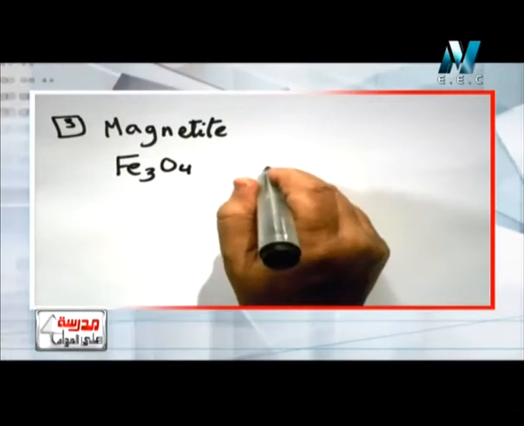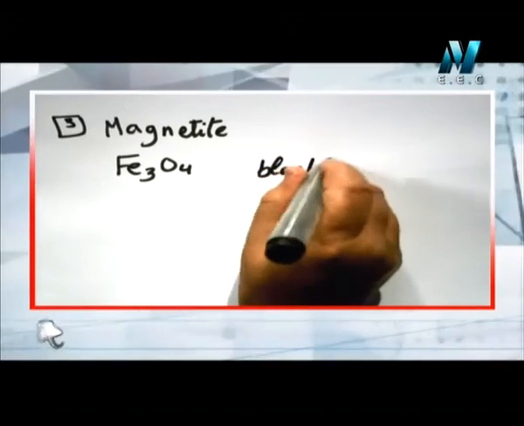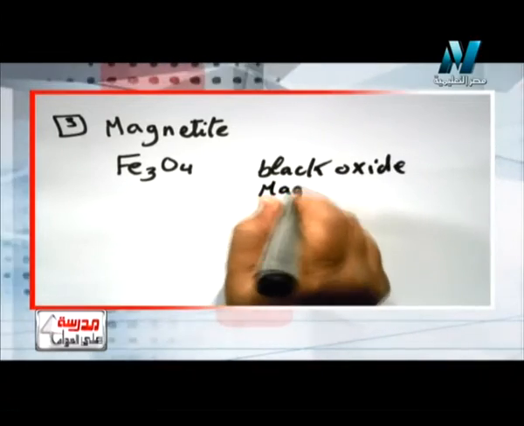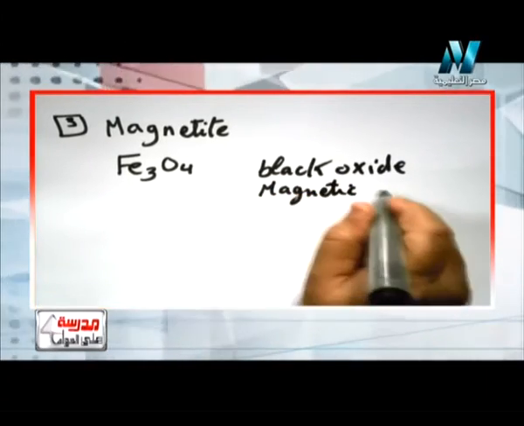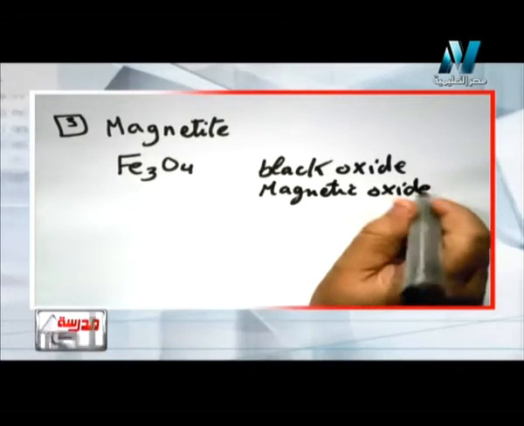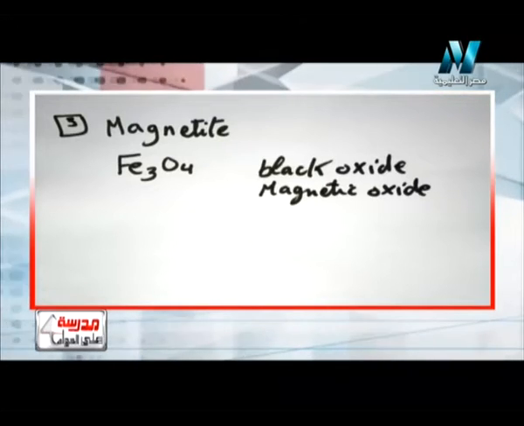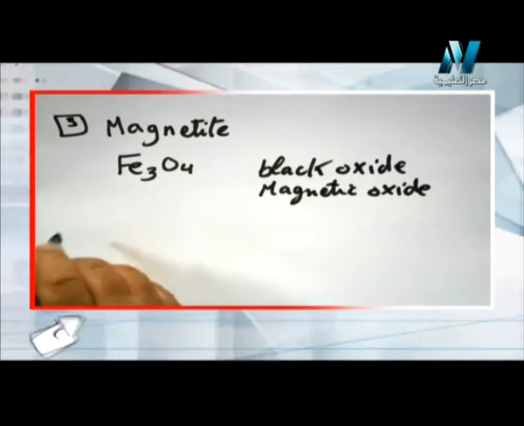It is called black oxide or magnetic oxide. It has black color, so it is called black oxide, and it has magnetic properties. It's called magnetic oxide. It is not iron 2 or iron 3, but we know that it is a mixture of iron 2 and iron 3. Magnetite Fe3O4. Number 4,